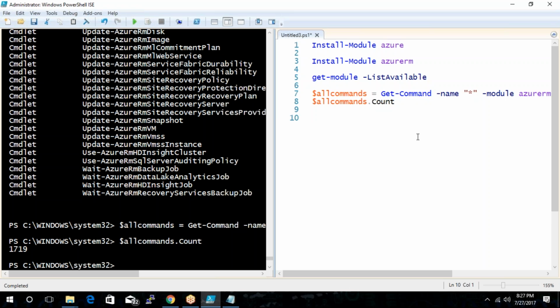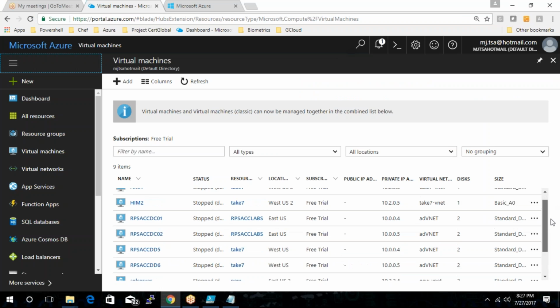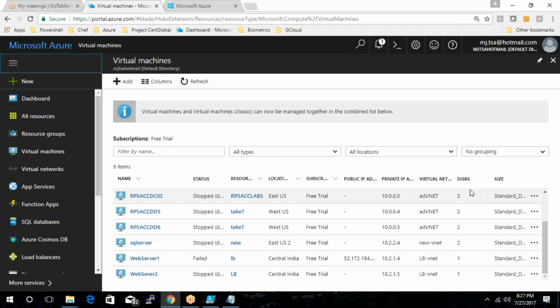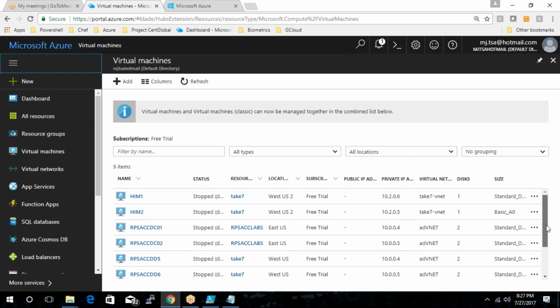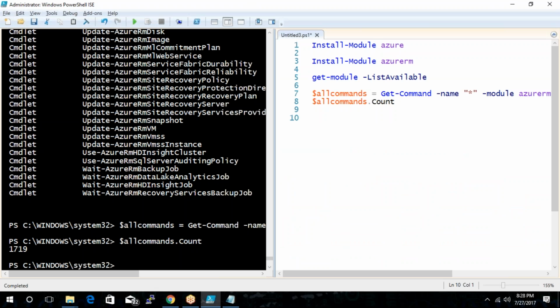All right. Now let's try to get some of this information from Azure. My intention is to pull up the information about the virtual machine. So what I would like to look at is the virtual machine name and everything that I can see as far as a VM is concerned. At times you may know the command, at times you may not, so you don't have to worry about it because Azure or any PowerShell has inbuilt search functionality,